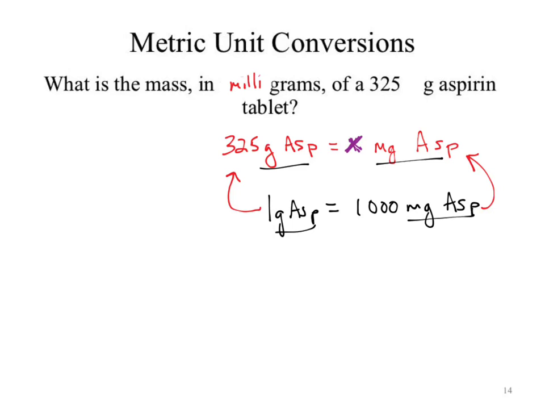Same thing. Did I multiply by 1,000? I'm not sure if I repeated that. How did I scale on the left? How do I go from 1 to 325? I multiplied by... so how would I go the other direction? Okay, I can multiply by 325. Oh, because it's a 325 gram tablet, yeah. Okay, that works as an answer.